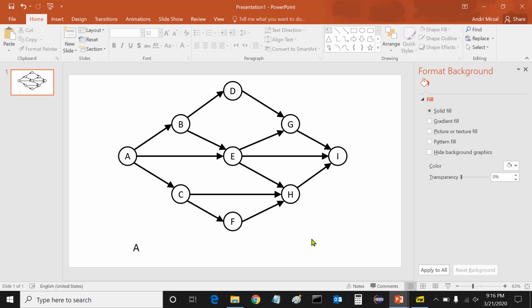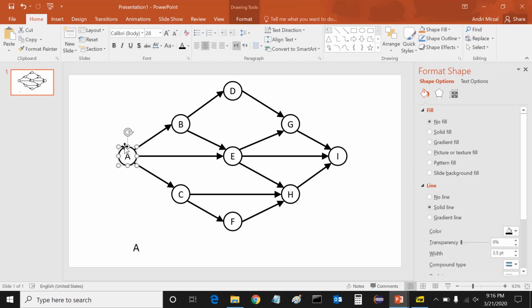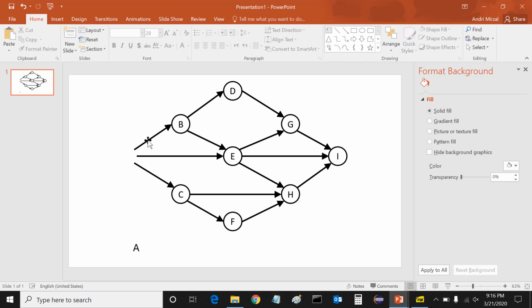Okay, everyone. So to get the topological sort, we need to determine the vertex with in-degree 0. Of course, as you can see, that will be A, right? That's why I wrote A over here. Okay, so after we determine that vertex, we need to remove it from the graph. We remove the vertex and also the emanating edges, like this.